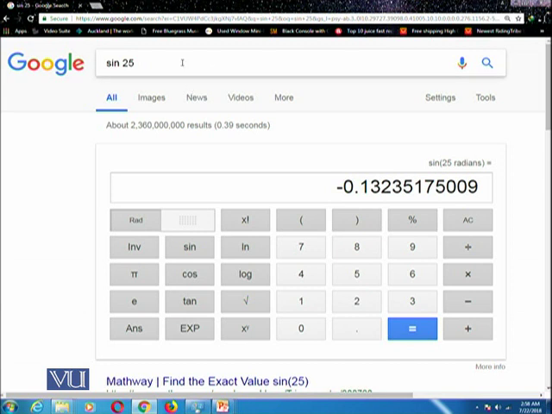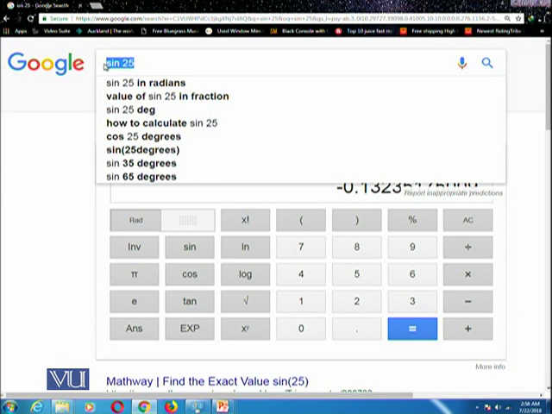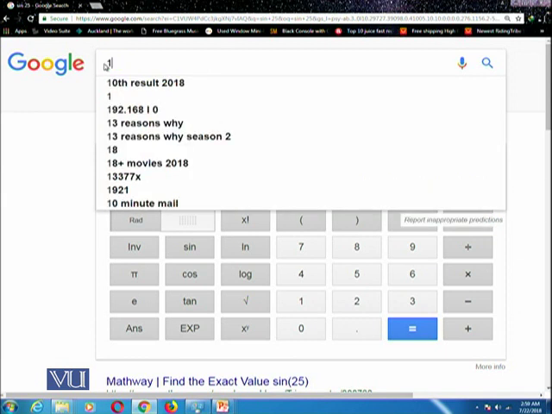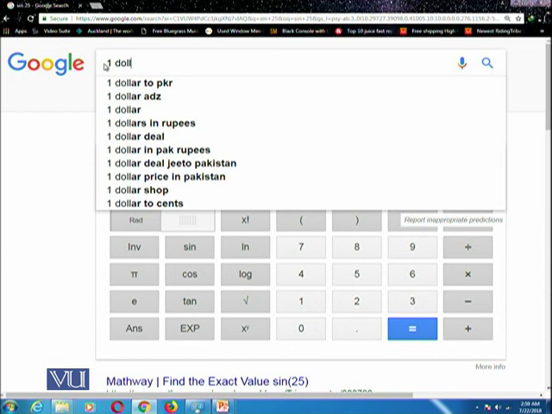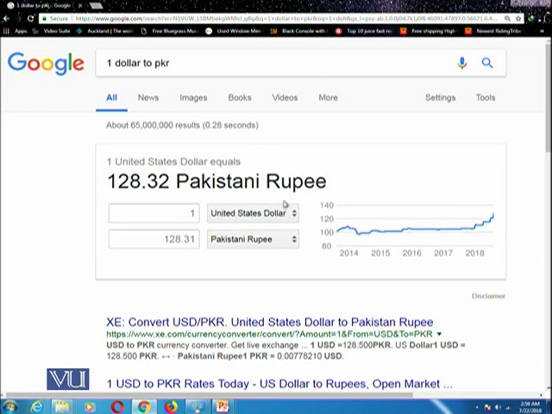Similarly, another query, for example, is currency conversion. You want to see that at the moment $1 is equivalent to how many Pak rupees. So you can just write this query here, $1, and it is also recommending different options. You can select, for example, $1 to Pak rupees, and it is telling you that at the moment $1 is equivalent to